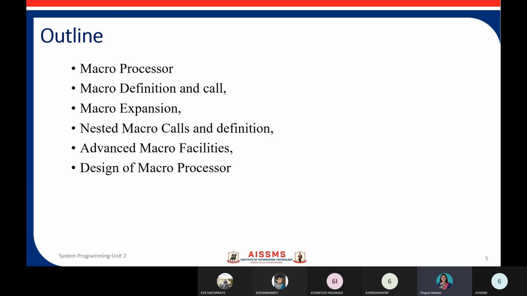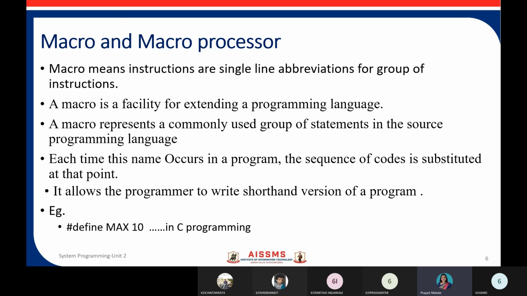Now to begin with our session, let us first discuss the introduction to macro and the macroprocessor. Dear students, I think you must have heard this particular term, macro or macro instructions. We have used this many times in other high-level programming languages that we studied earlier, like C, C++, and even other high-level languages like PL and ADA. Assembly language is also using this feature.